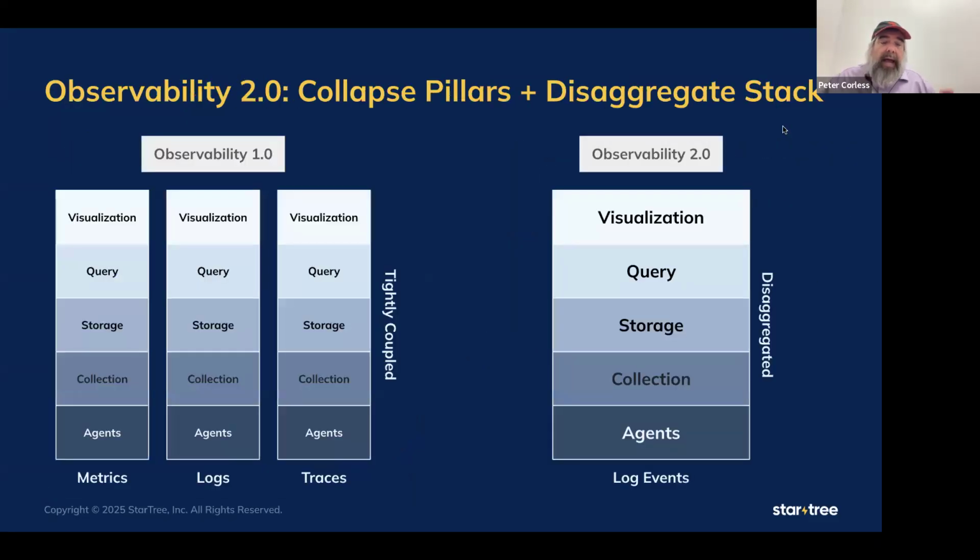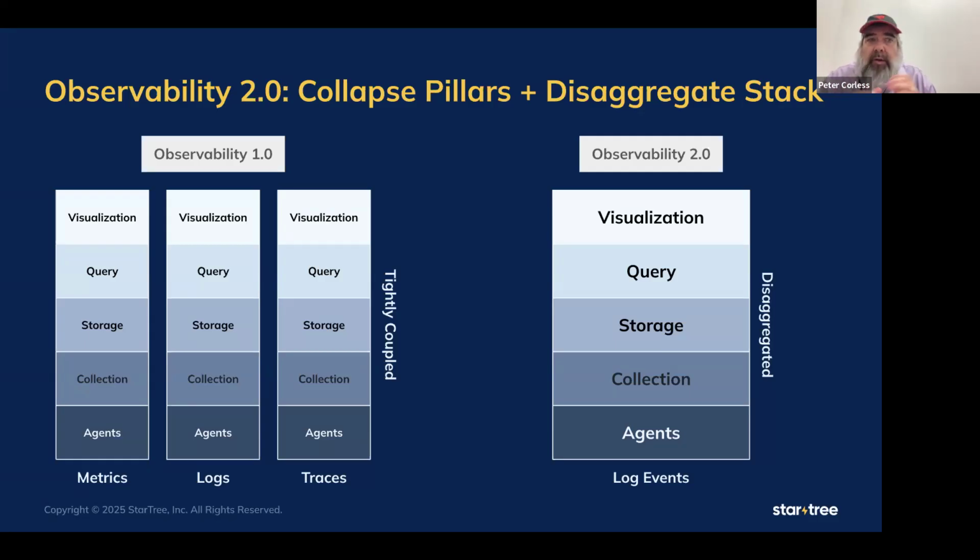What's happened then is that it used to be that if you had a metric, you would keep it in a metric system like Prometheus, a database used for metrics. If you had logs, you would use LogQL, the log query language, and keep that in Grafana Loki, which is a great log processing system. Or maybe you'd use Elasticsearch, also used a lot for logs. And if you did traces, there might be yet another database for traces, and that might be Grafana Tempo. Each telemetry type had its own database, its own collection system, its own visualization system. So there was this spawning of an entire stack dedicated to however many different types of telemetry you had.